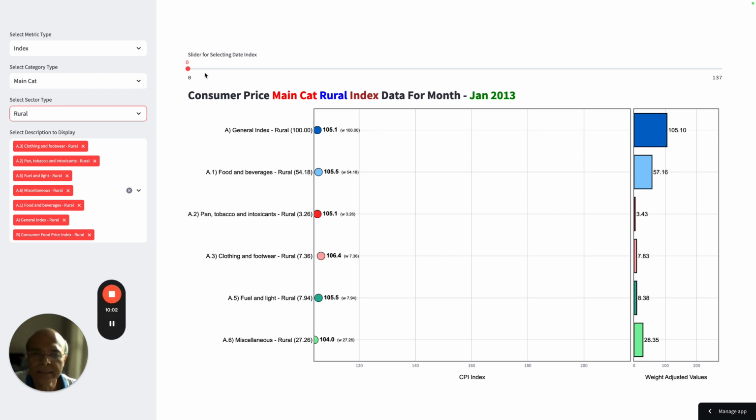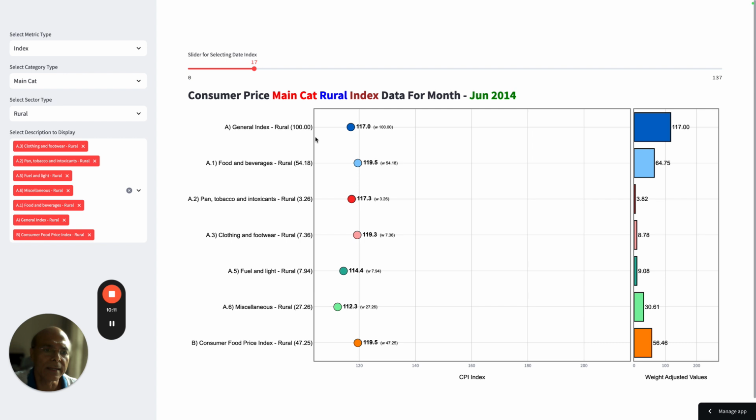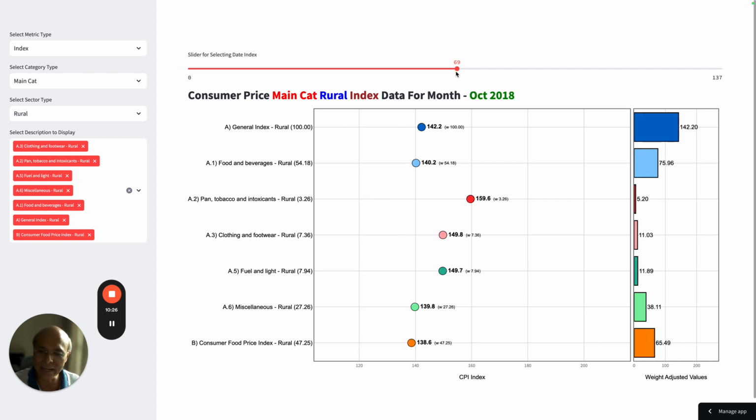So there is a slider just on top of this table. Using the mouse, you can just slide this slider. As you slide it, you will find that the scatter plot as well as these numbers will change. So over a period of time, because the reference was roughly around 100, by moving this slider forward, you will get a very good idea as to which item has got the maximum price increase, because the higher the index value, the higher will be the price increase.